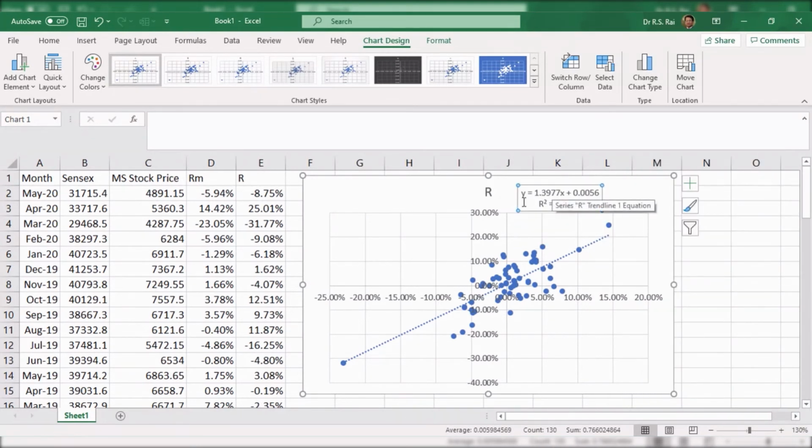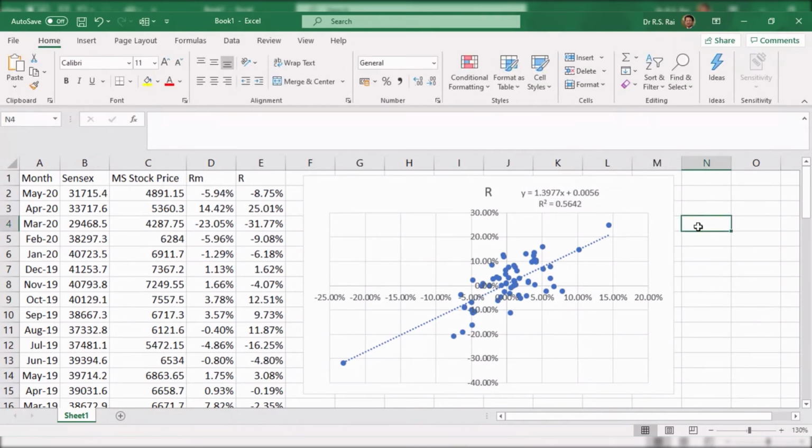Just see the beta value is again the same, 1.3977, and R square is 0.0564. As we know, beta value is a measure of systematic risk and R square is a measure of non-systematic risk or firm-specific risk.